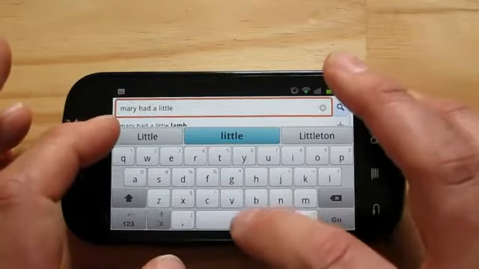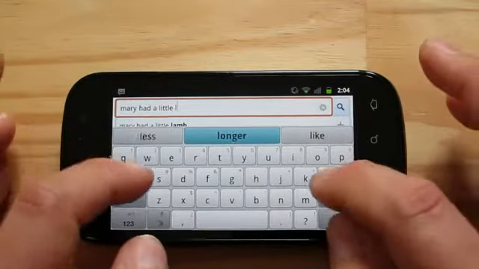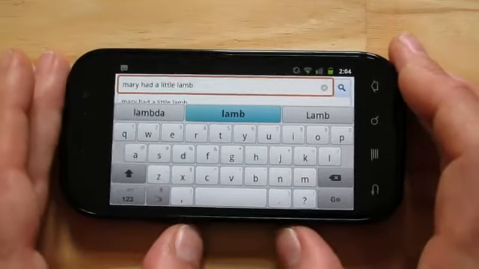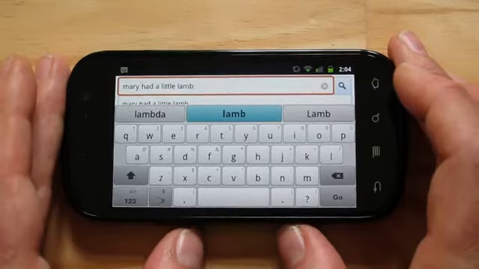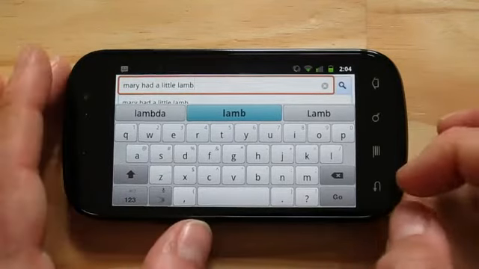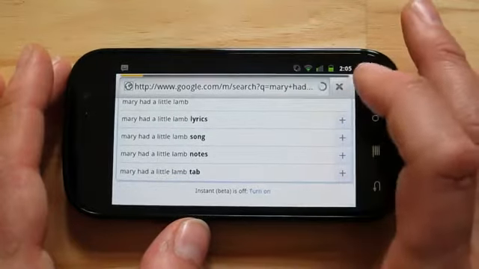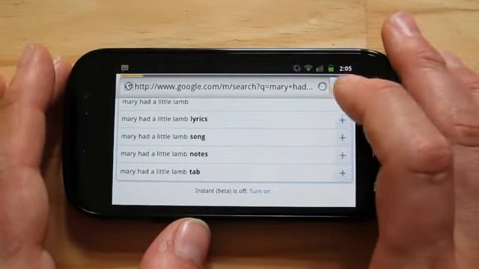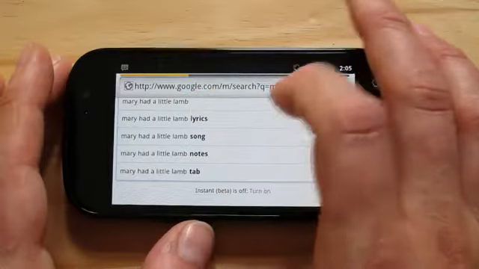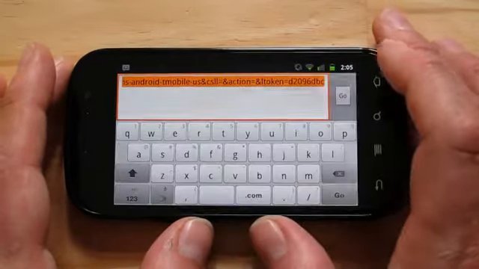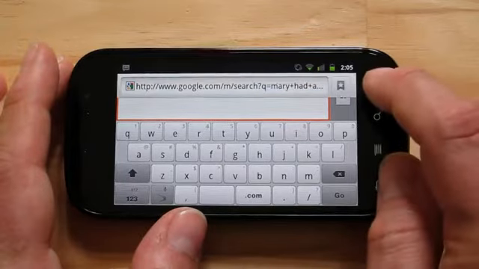As you can see, it's predicting the words. Of course, lamb it's not going to predict because I'd have to type it a few times in there. But as you can see, it's not doing a bad job. So a nice, comfortable keyboard. Let's go ahead and do the search. And of course, there it is. It's pretty humorous. Actually, I don't have a very good connection, so I'm just not going to continue on doing some typing. Let me actually bring up the email client